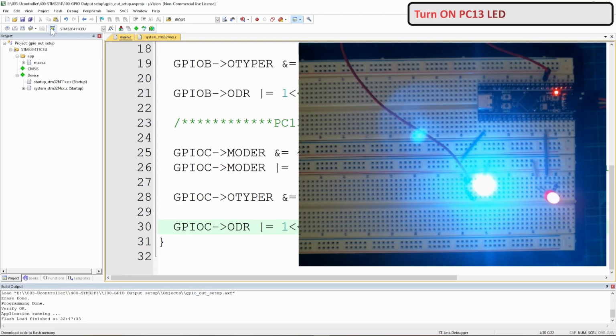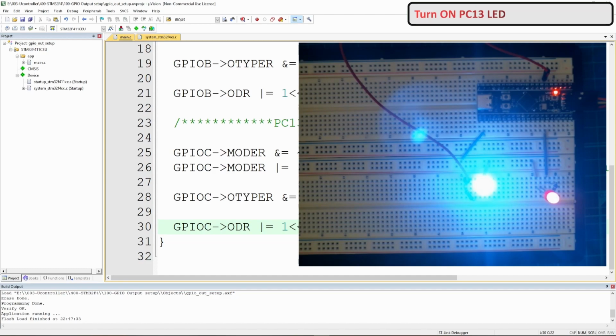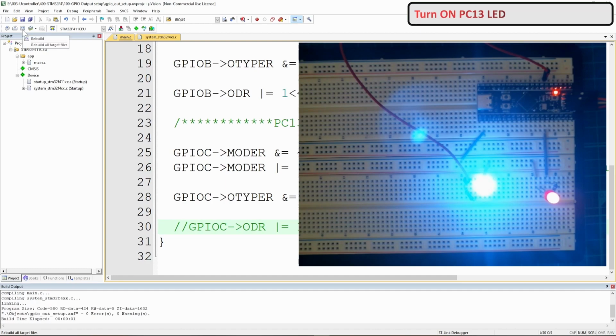Okay, so we do have a red LED, but that one is the power LED, and the LED is not shining. Actually, for the board itself, this is because the LED on the board is active low, which means this LED will be working when the pin is turned off. So if I just remove this one like this, and if I save here and build, so I just commented the last one